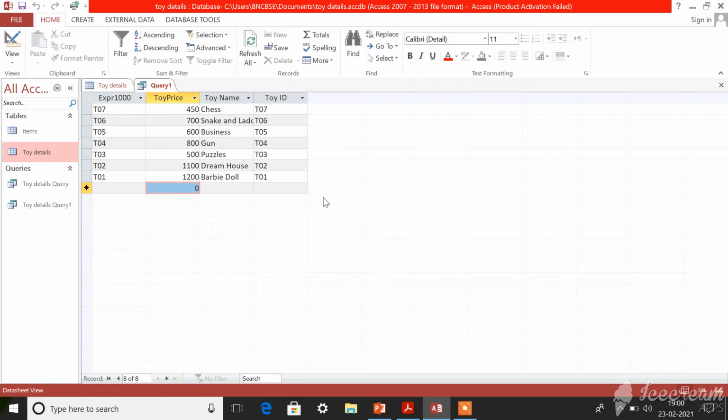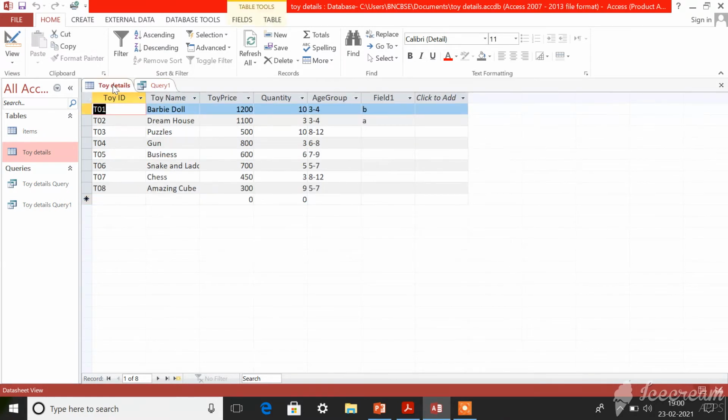So, toy name is being displayed in the query. Okay, see, this is the actual table. Am I right? So, using this query option, you can sort out only the details that you need from among this table. Okay, that is the speciality of queries. Using queries you can sort out only the things that you need from a table.